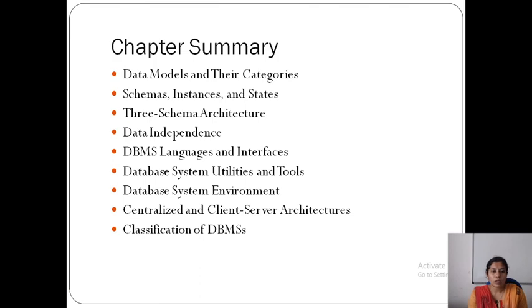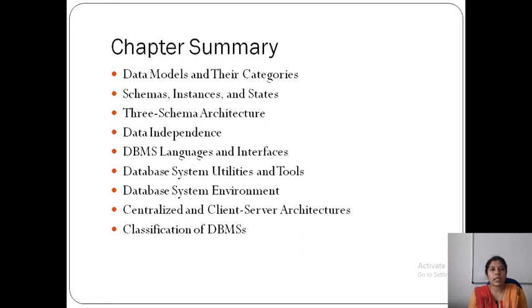Now see what all the things we have covered in this chapter. We have covered data models and their categories, then schemas, instances and states, the three schema architecture, data independence, DBMS languages and interfaces, database system utilities and tools, then the database system environment, centralized and client server architectures, and then classification of DBMSs.